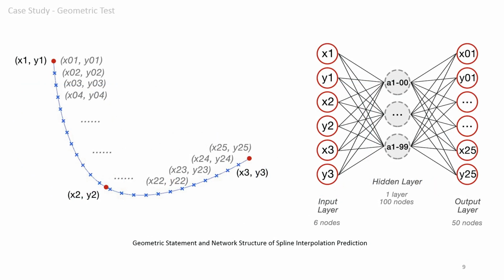Next, a network to predict the cubic spline interpolation by inputting 3 control points was built. To simplify the problem, the spline is divided into 25 points, which approximately represent the curve. Therefore, the first layer of the network should be the coordinates of the 3 control points with 6 input neurons, while the last layer should be the coordinates of the 25 divided points with 50 output neurons. We decided to add hidden layers and use the sigmoid function as the activation function because this geometric problem is more complicated than the previous case.